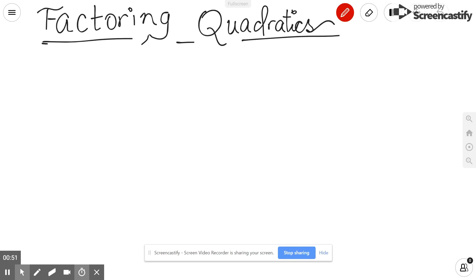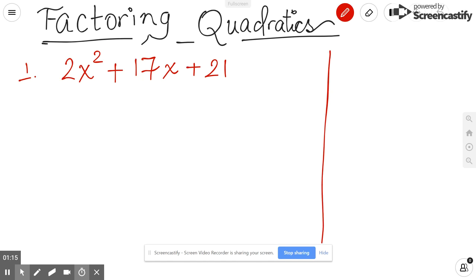So first of all, I'm going to solve the same question using the traditional method. So let us write down our question. And our question is 2x squared plus 17x plus 21. So that is going to be our factoring question, which we are going to factorize using our traditional